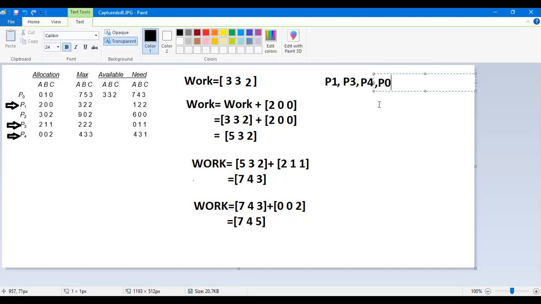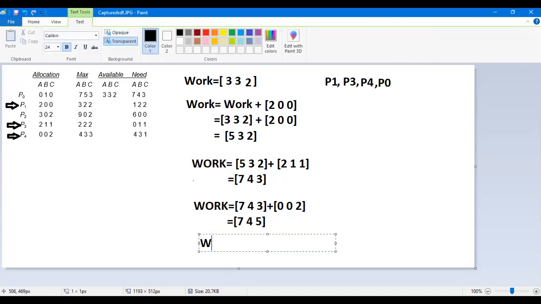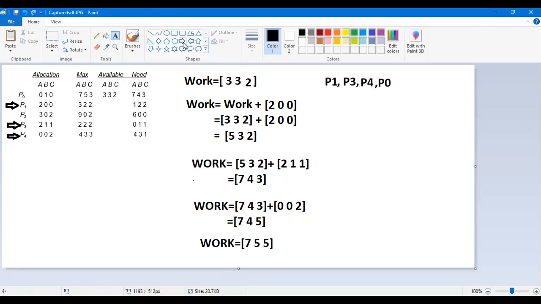P naught we are executing. Now your work will be 745 plus 010, which is 755. Now P naught has executed.